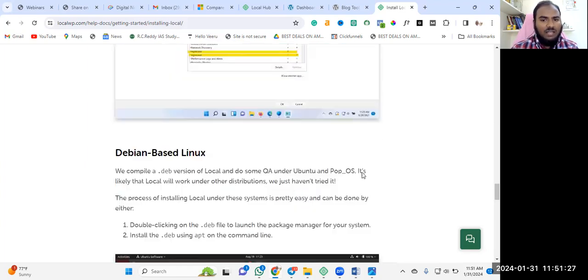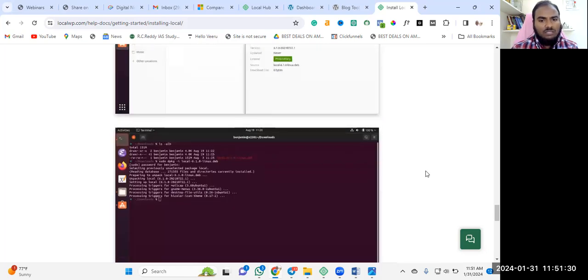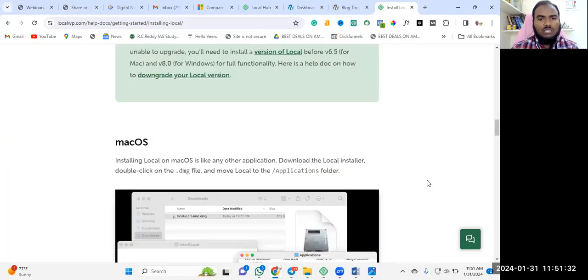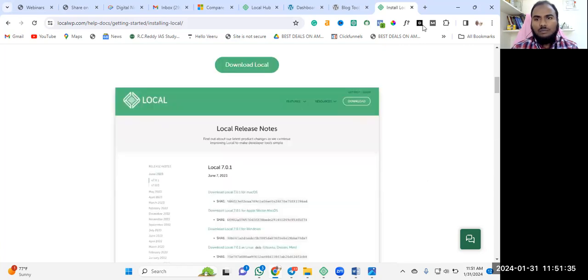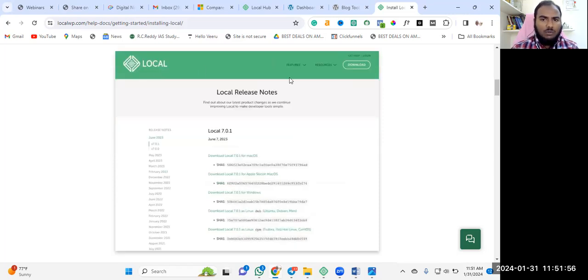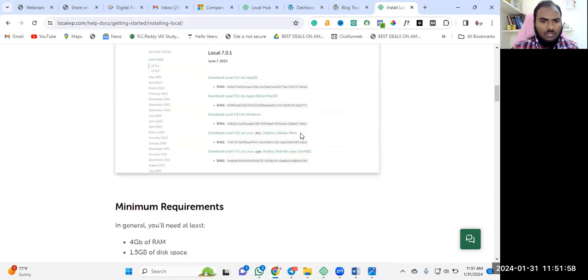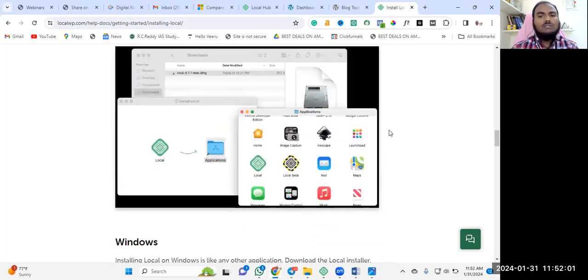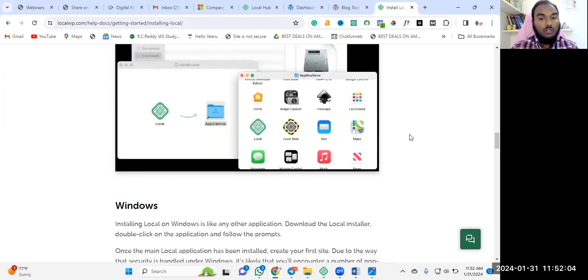How to install this one? It will ask you, no need to worry. This is a very simple procedure. First, you download this file. Whenever you download it, you will get a file downloaded here that's around 660 MB. Then, coming up here to Local WP, you can simply download WordPress here.